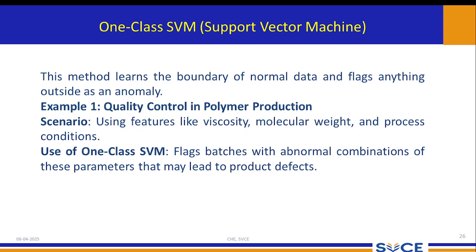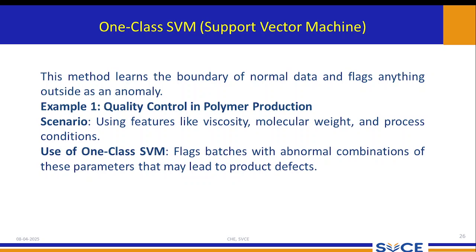Okay, so one class support vector machine. This method comes under anomaly detection. So the example is quality control in polymer production. The scenario goes like this: using features like viscosity, molecular weight, and process conditions, one class support vector machine flags batches with an abnormal combination of these parameters that may lead to